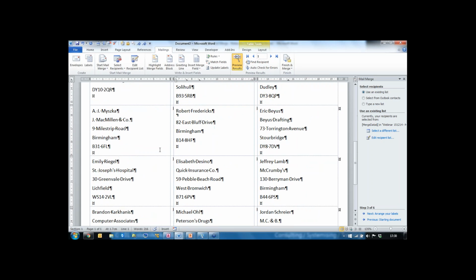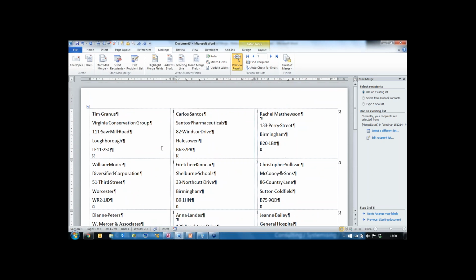21 labels, all different, all coming from the spreadsheet, and there we are. So I've come to the end of the webinar. Mail merge in Word is very flexible. You can do lots of creative things as long as you're creative, I suppose, but some things can be done very simply. All you need is a database, and you need to set up your main document, and you need